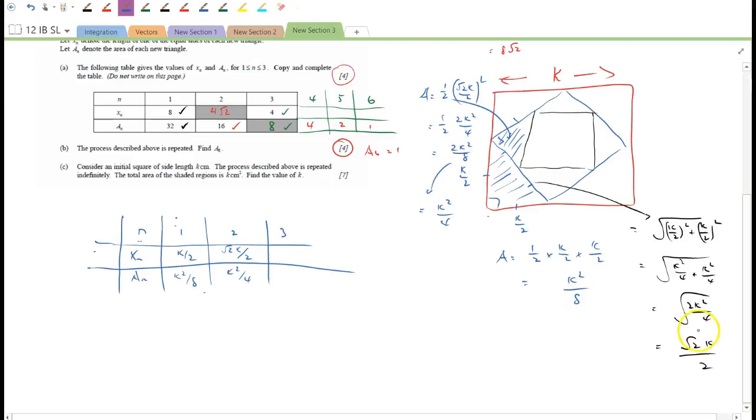I beg your pardon, I've made an error here. This distance refers to the whole hypotenuse, so actually all I want is half of it. So I've got root 2 K over 2. That is not my side length. It's root 2 K over 4. Because I just want half of this. Right, divide that by 2. That represents that whole hypotenuse, so only 1/2 of it. So it's root 2 K over 4, and if I just get rid of all this,